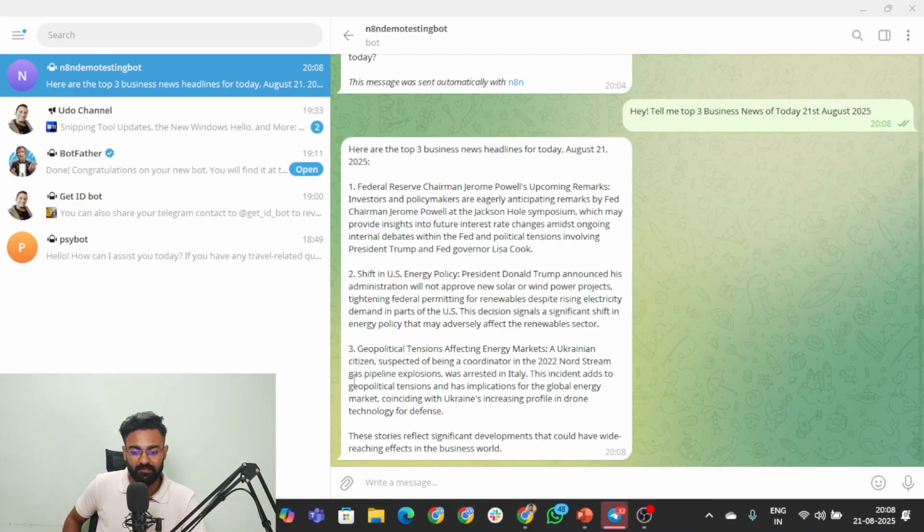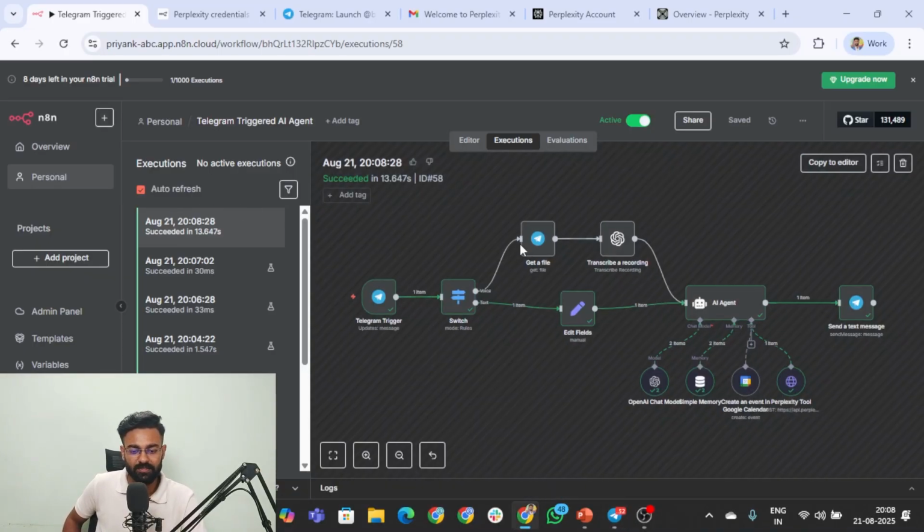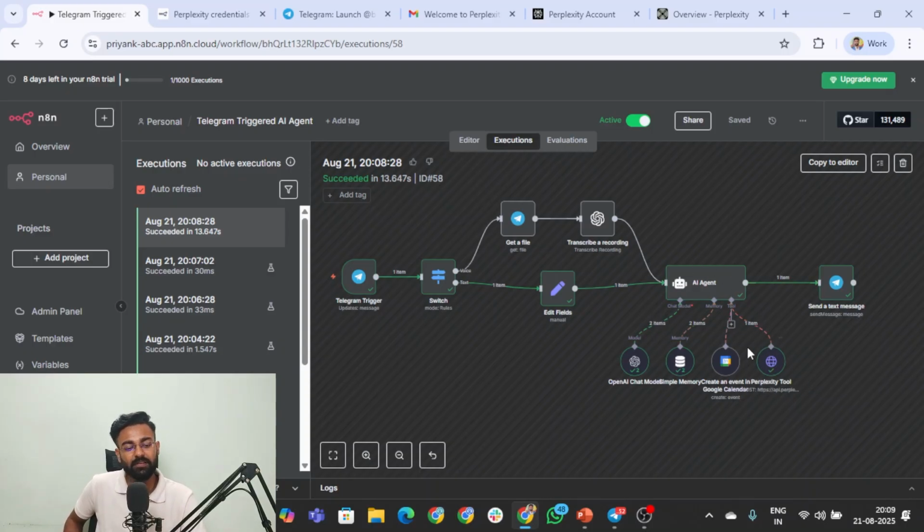We have received an entire reply. Here are the top 3 business news headlines for today. And let's go and see what happened in the execution. You can see that it started as a trigger, came to this text, went to the set node, then went to the AI agent, then it went to the Perplexity tool automatically. I did not ask it to do that, but it knows that in order to do the web search, I need the Perplexity. So it went there, formulated an entire reply and